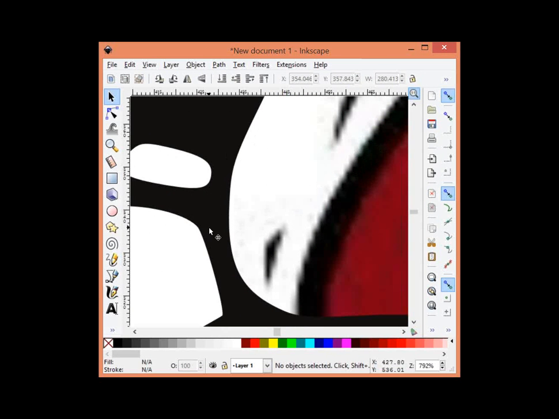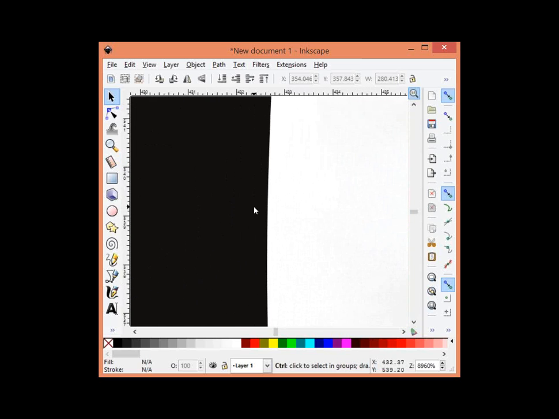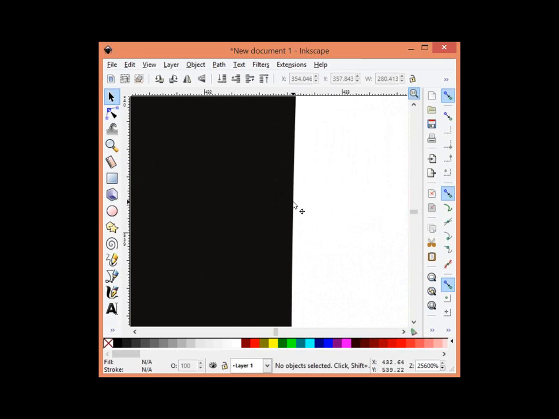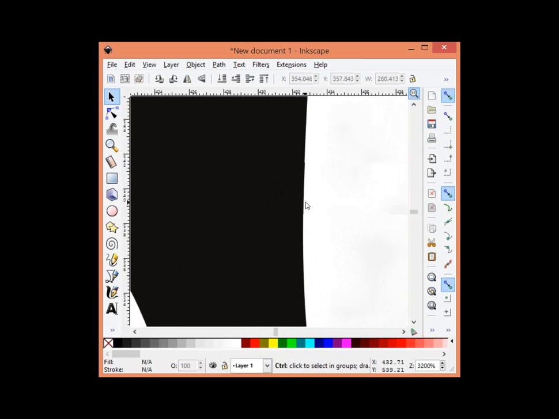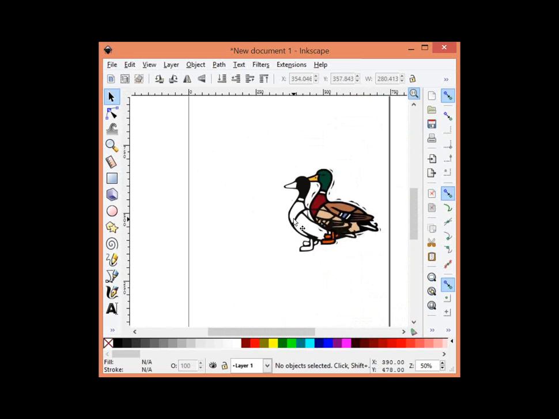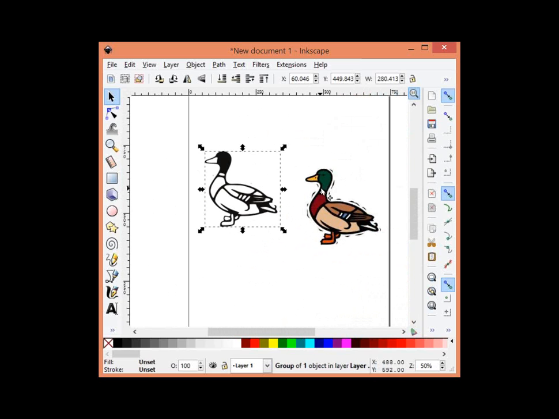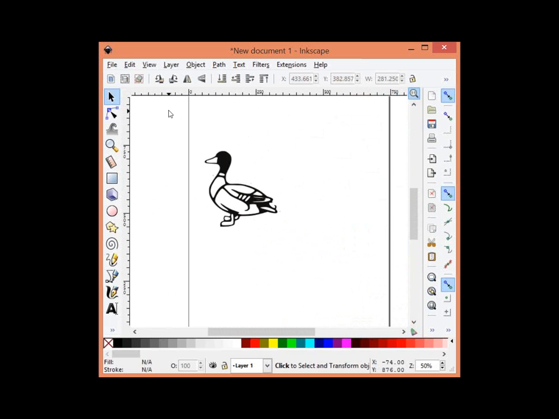I can keep zooming in on this. And no matter how much I zoom in, it's a mathematically defined line. It's not going to get any worse. Its definition is great. It's as good as we want. So we can go ahead and click on this one, delete it, and